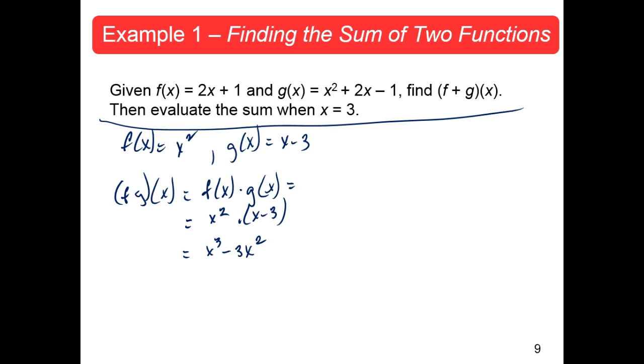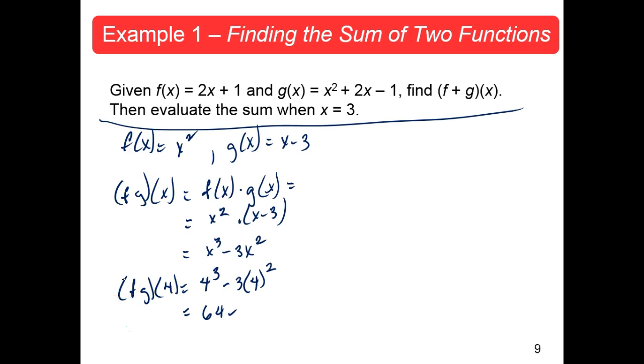Okay. The second part says, evaluate the product when x is equal to 4. So we're looking for fg of 4. And how do we do that? 4 cubed minus 3 times 4 squared. Okay? Anyone happen to know what 4 cubed is? 64. Okay, 64 minus